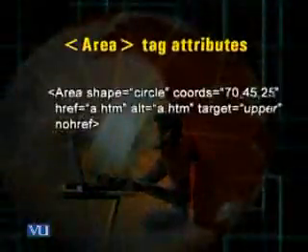I told you we take 3 different steps for creating image maps. First, we define the coordinates of different clickable areas. This is our step number 1. Then in step number 2, we use the map tag, and within the map tag, we use area tags in order to specify these clickable areas or regions. Then in the third step, we use an image tag, and we use the usemap attribute in that image tag so as to apply the map we have created using the map tag.